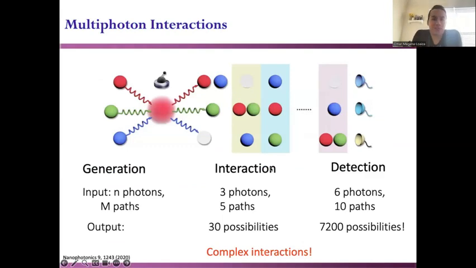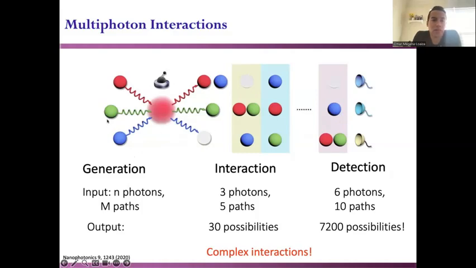And what's the idea, or why do we want to use multiphoton interactions? So here I have this cartoon. We have three spheres that represent three photons, and they interact through different paths. After this interaction, we can have these photons emerging in different order. For example, if we have red, green, and blue, then in the output, we can have red and blue, green, or we can have the vacuum, and then we can have other possible outcomes depending on the interaction.